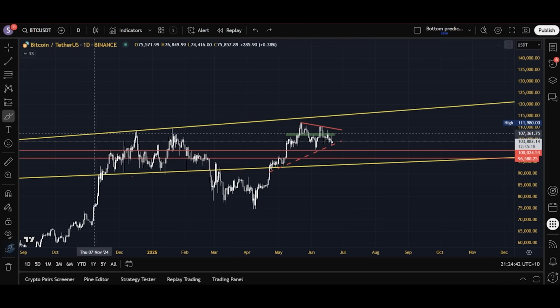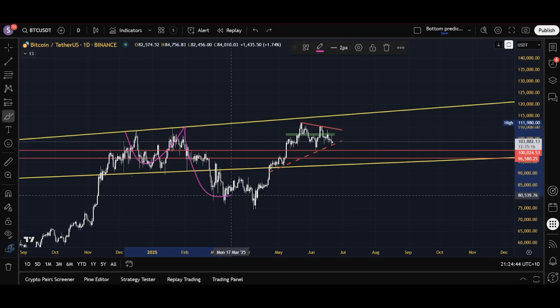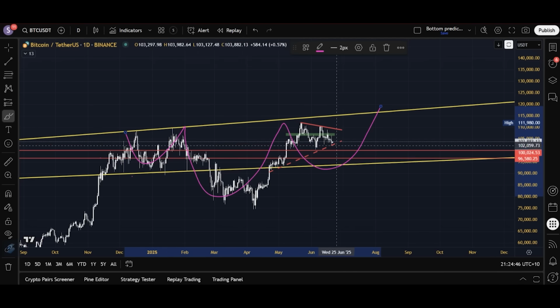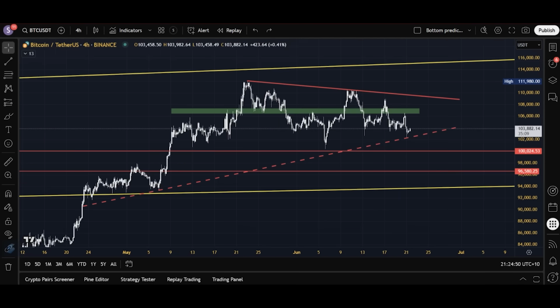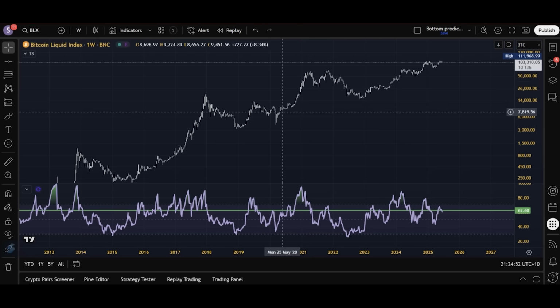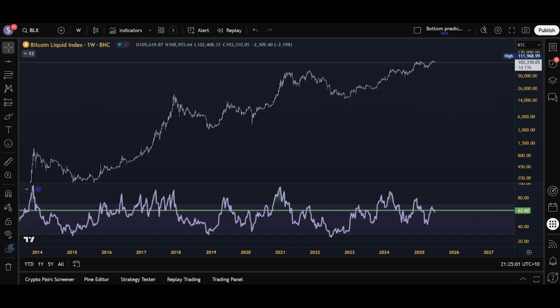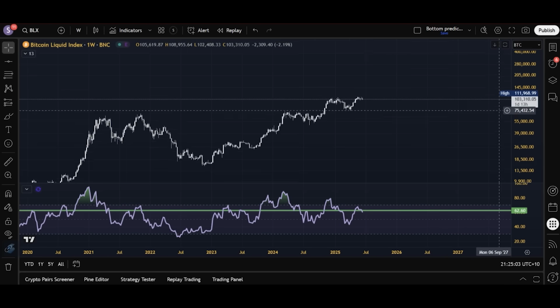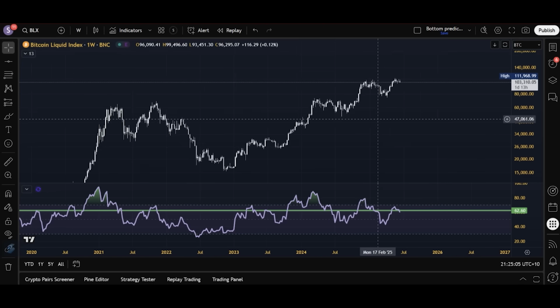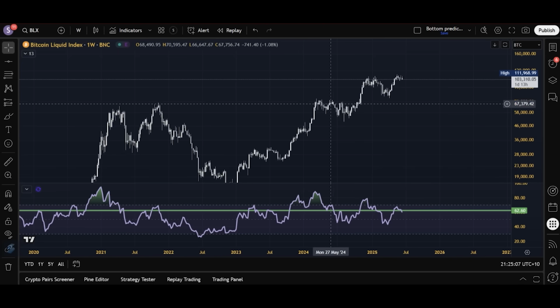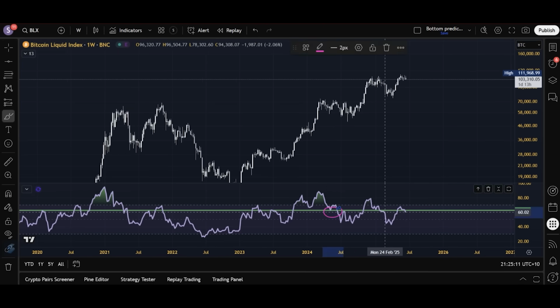We can also see that Bitcoin could be resembling something like an inverted head and shoulders pattern here. And in order to complete that pattern, we'd need to go down to the bottom of the range anyway. And so this weekly chart RSI breakdown would be a prerequisite for that to occur. It would be necessary. So although this might seem like, oh, it's the end of the world, it's time for a bear market because we're breaking this level, it's not, because we still have a significant amount of breathing room between here and the bottom of the current macro range at 93,000, but also because we've broken it many times before within this bull market.